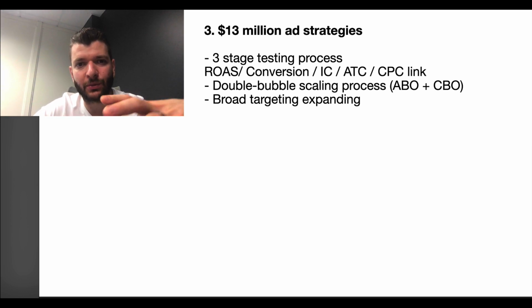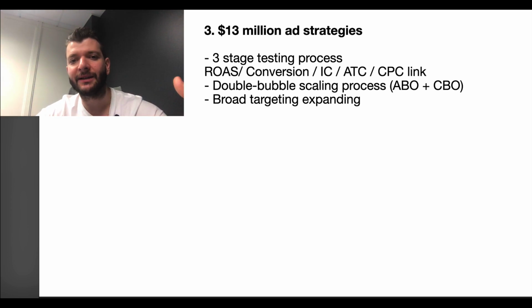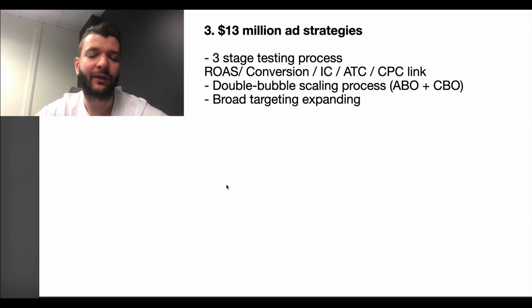We have contacts with Facebook that we take the information from. We adjust it to our accounts to maintain this high profitability. As I showed you, the profitability on the account is 3.5x return on ad spend, which is quite good. Break-even ROAS for us is 1.6x. So we are very, very profitable with this business, and that's the most important part for e-commerce and dropshipping